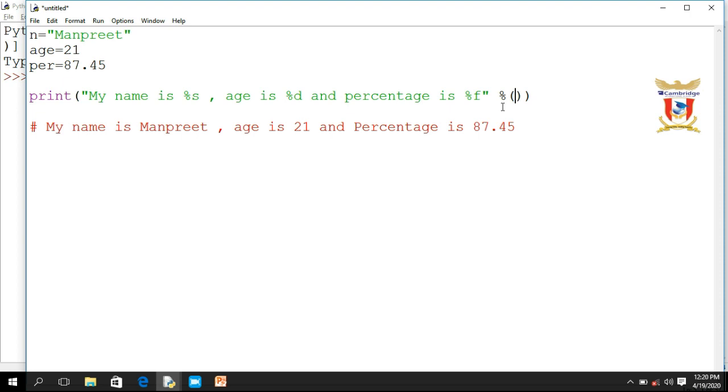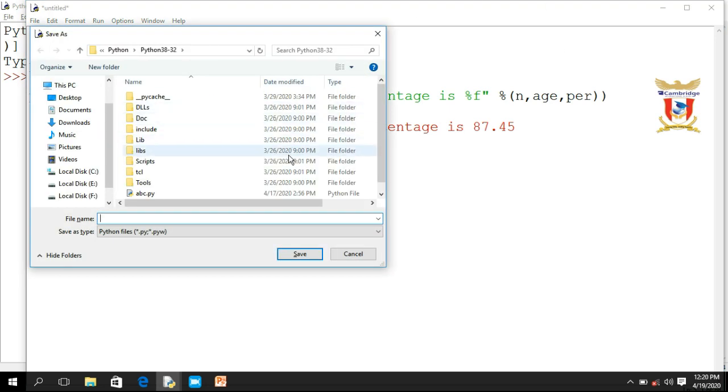Then because we are using a tuple of values, a group of values, we have to specify the names of the variables. First we have to specify the variable for this placeholder, so that is n. Then I'll specify the age variable, then the per variable.